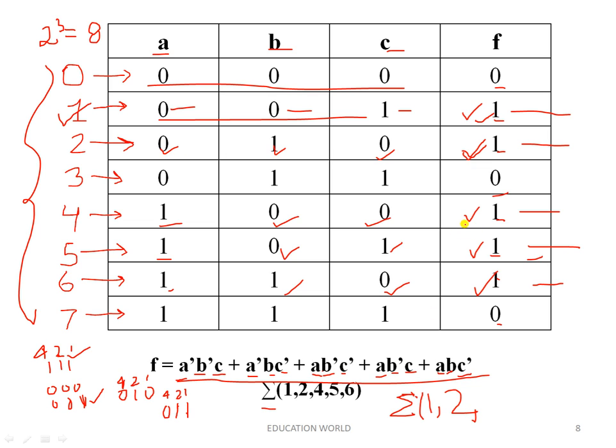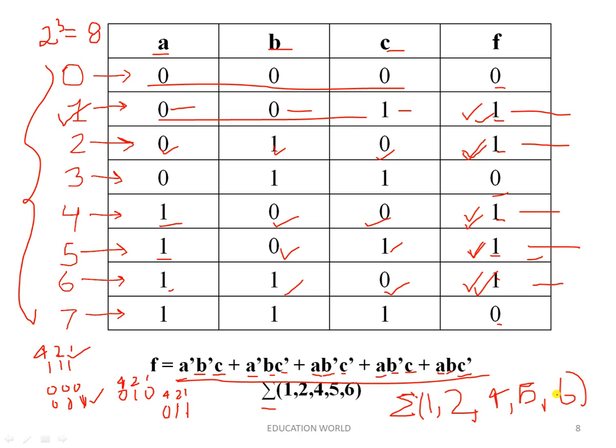Then the next one is 1 0 0, which means the decimal equivalent is 4. Then 1 0 1, what is the decimal equivalent? 5. Then the next one, the decimal equivalent of 1 1 0, is 6. So we write